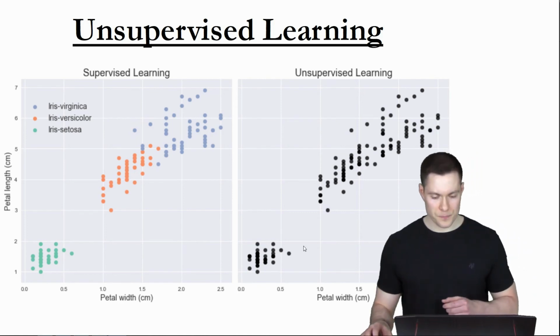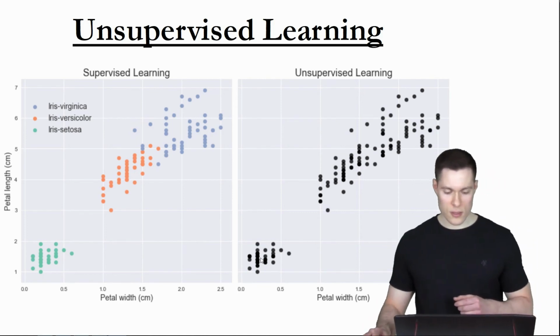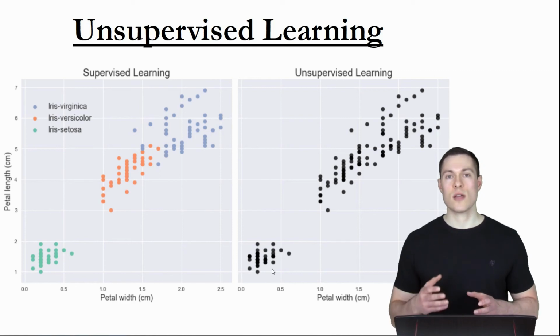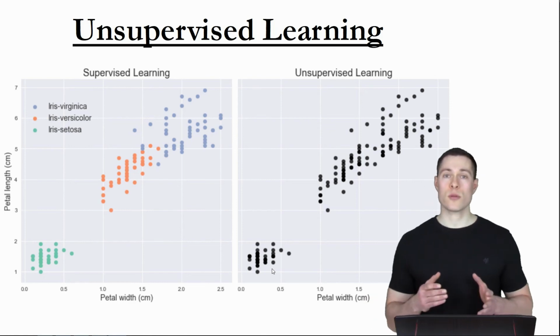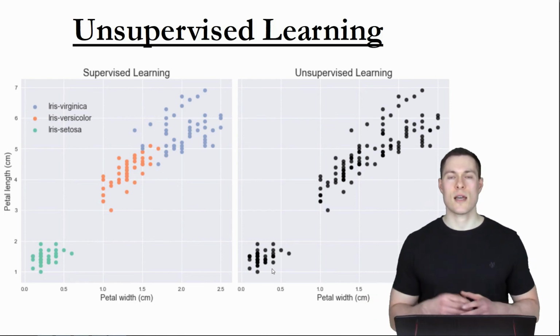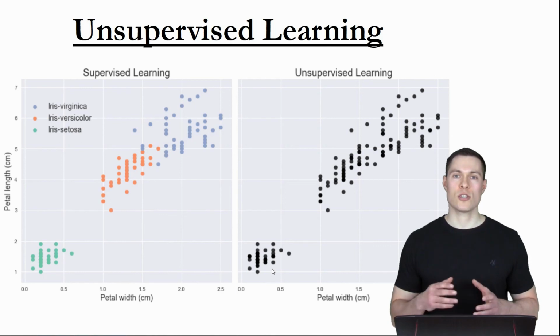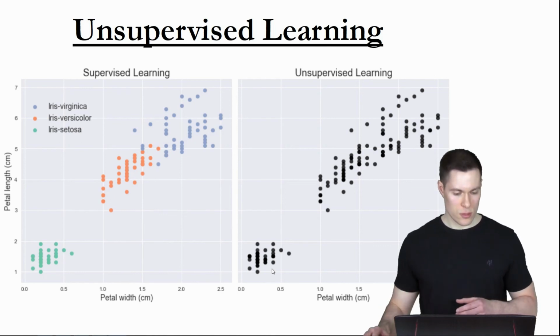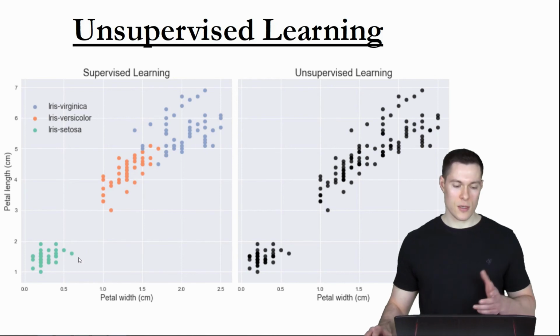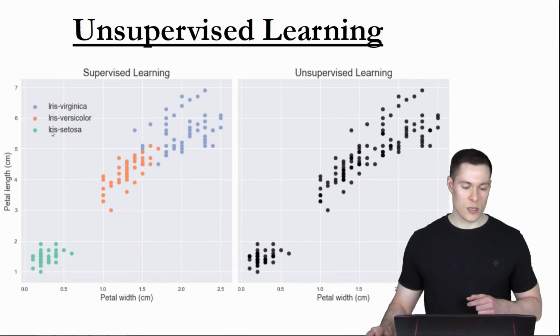And as you can see, this cluster of dots is clearly separated from that cluster, so the flowers over here, they seem to have something in common, and therefore they can probably be put into the same category. The algorithm, however, doesn't know what that category actually is. It just knows they belong to the same category. And as we know from the supervised learning case, they indeed belong to the same class, namely, they are all